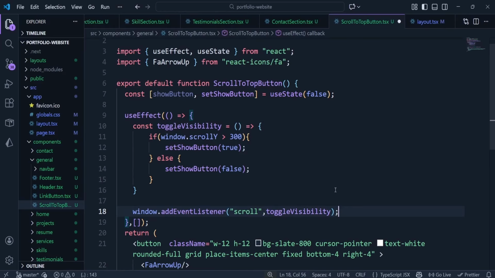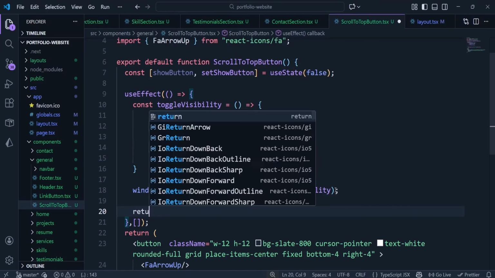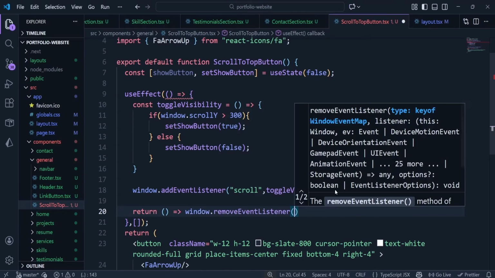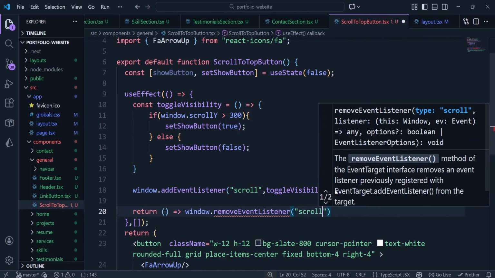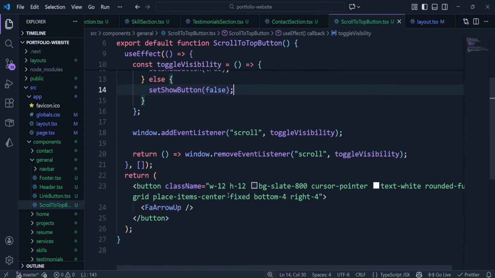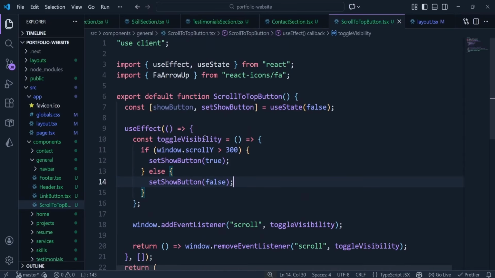And since we are adding an event listener in this function, we have to return a cleanup. So say return an arrow function that is going to fire this right here, window dot remove the event listener for when the component mounts, the scroll event listener with the toggle visibility. Format this. So now what we're going to do, we only want to output this button when the show button